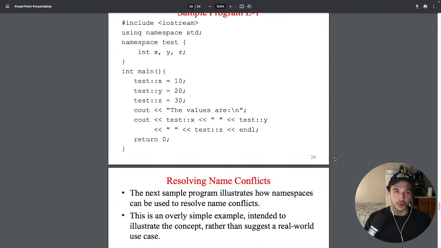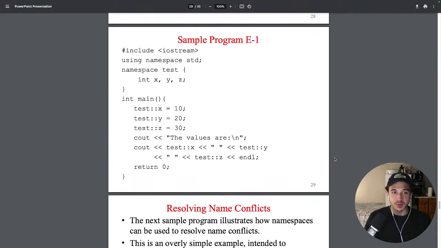So we have a sample program. #include <iostream>, using namespace std; namespace test { int x, y, z; } int main() { test::x = 10; test::y = 20; test::z = 30; cout << "The values are" << endl; cout << test::x << " " << test::y << " " << test::z << endl; return 0; }